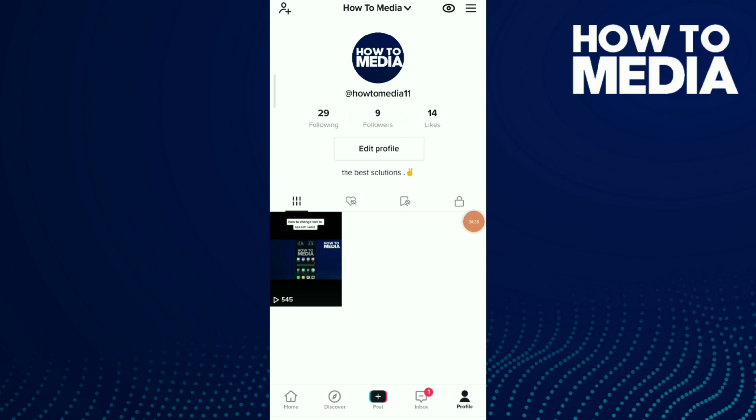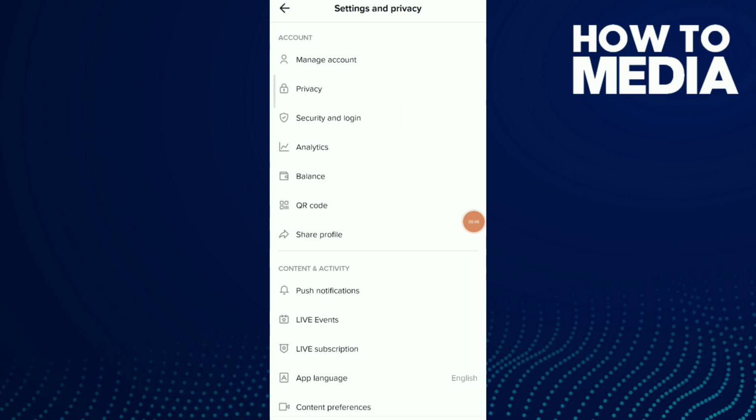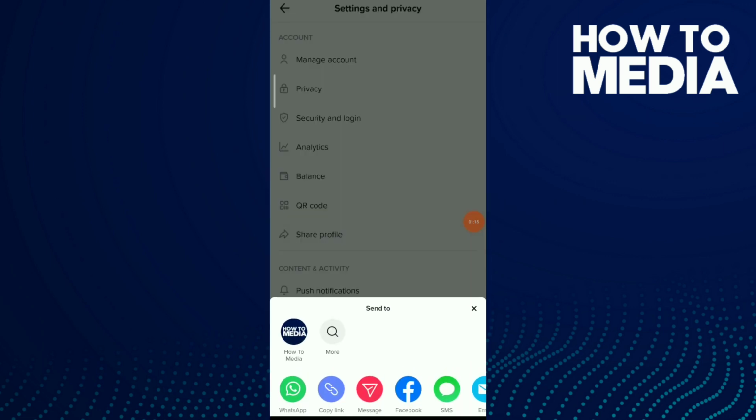and click on those three buttons up there. Click on settings and privacy. On the first option, which is account, click on share profile and you can choose apps like